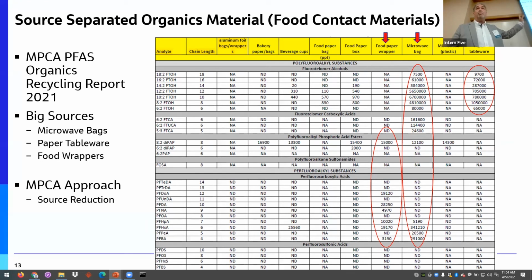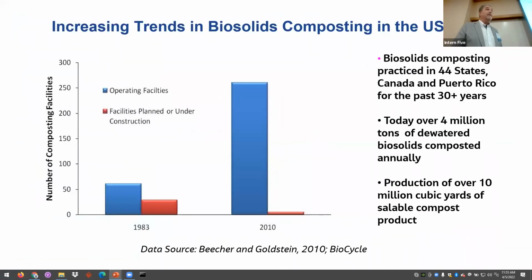I asked them, where's the data on the compost from these sites? We don't have any. So I don't know where one of you guys reported that. I didn't see it when I talked to them just a month or two ago in preparation for this. There might be some old data that's out there, but there's not a lot. And it varies, as you saw from the previous slide, based on those feedstocks and what people are doing. So let me talk about biosolids, because I actually have some data there that we've collected,